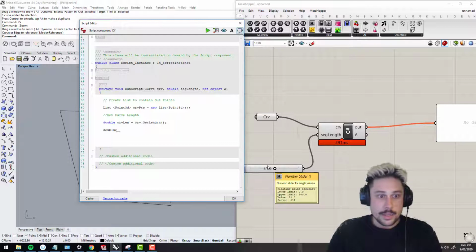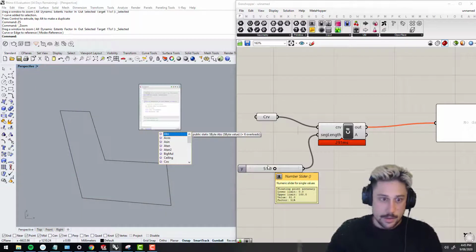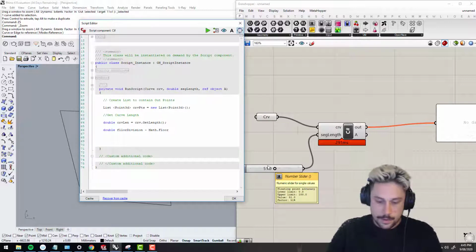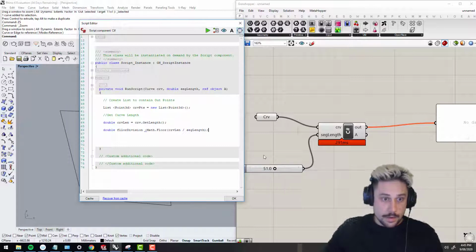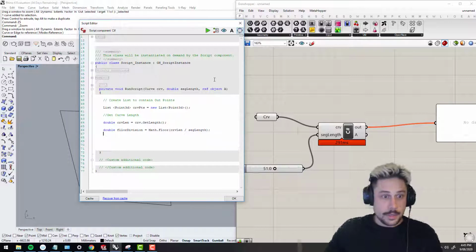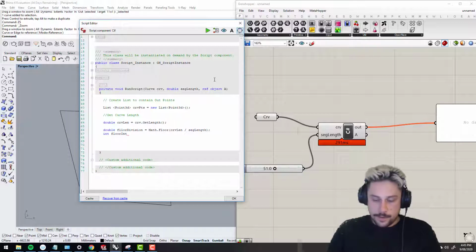So the way I'll do that is double floor division equals Math.Floor of curve length divided by seg length. Oh, what have I done here? That should be okay. And then create a floor integer called floor integer, which is equal to. So what I'm doing now is